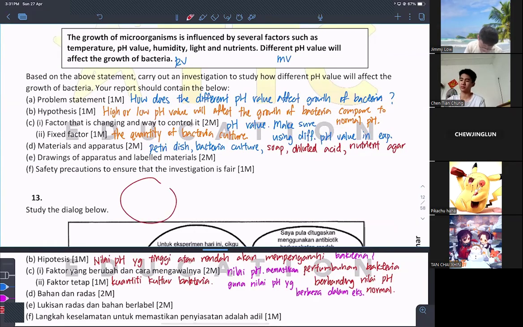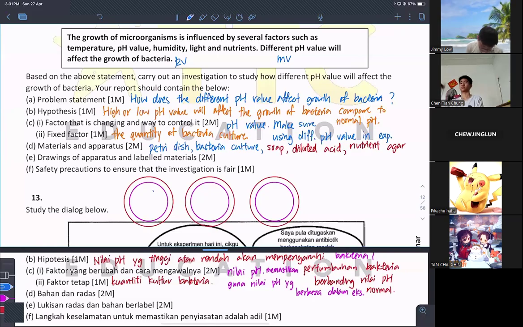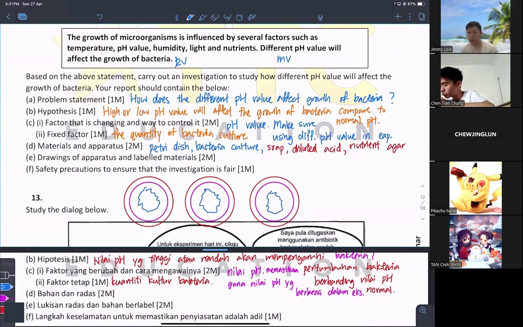Okay, so it can be like this. Okay, and then this is your petri dish, and then your bacteria counter, and before that we sketch out your nutrient agar first. So this is your nutrient agar. Actually I just sketch one, then copy and paste everything lah. It's okay. Then this is your bacteria counter. Okay, and then